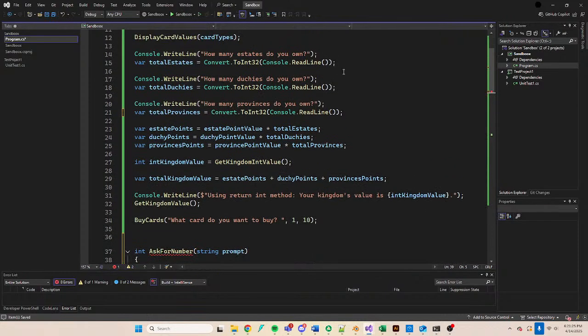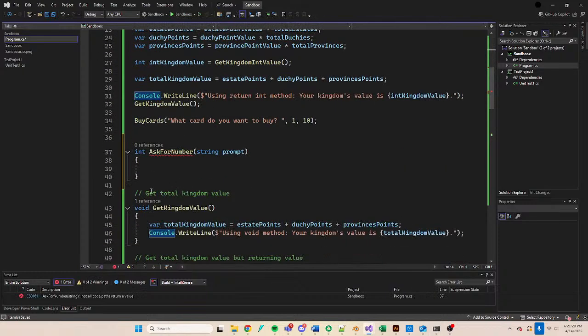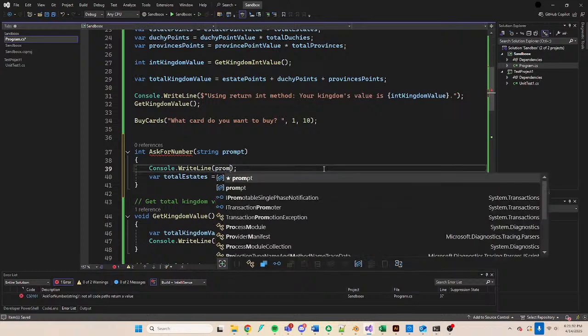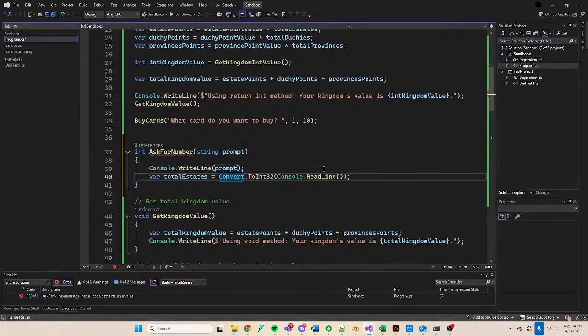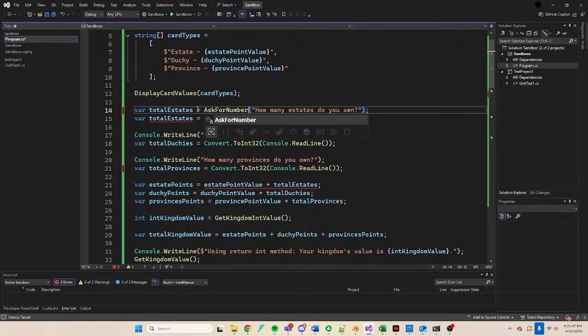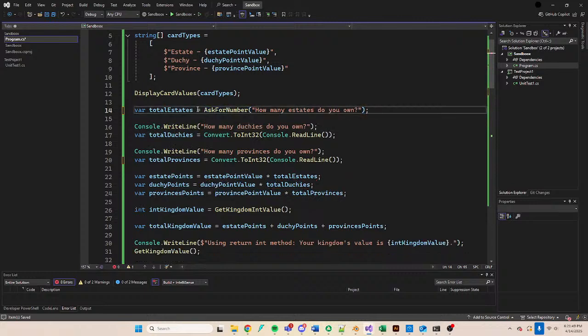So if I take basically this code and stick it here, and then I can just say return what I get out of that. And then right here I can do something like our total estate equals ask for number,